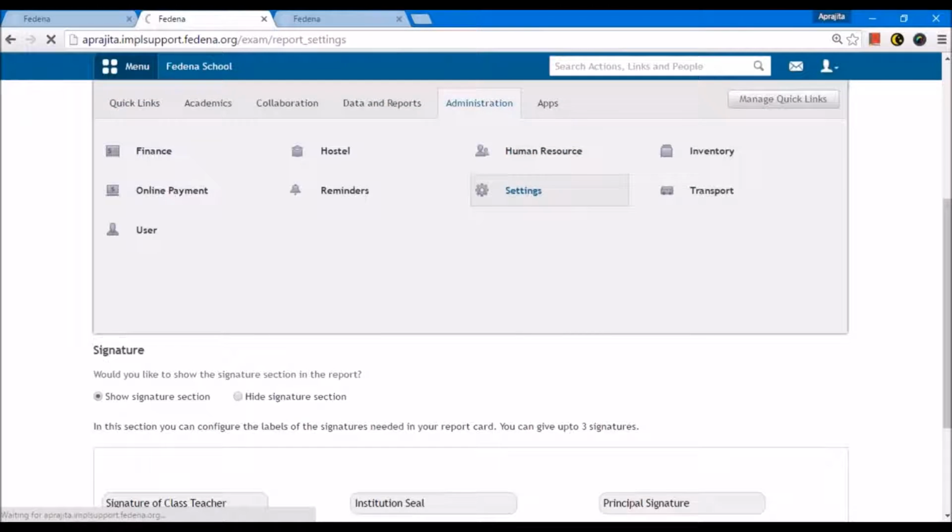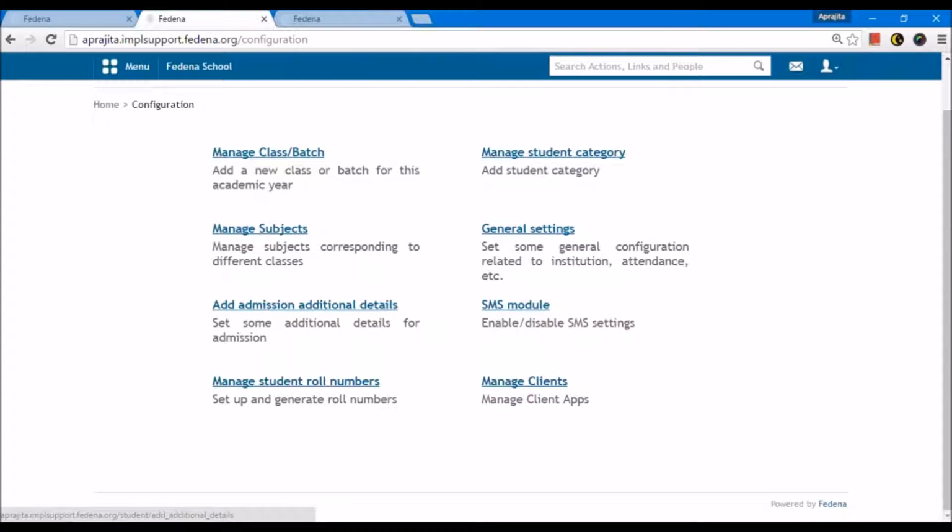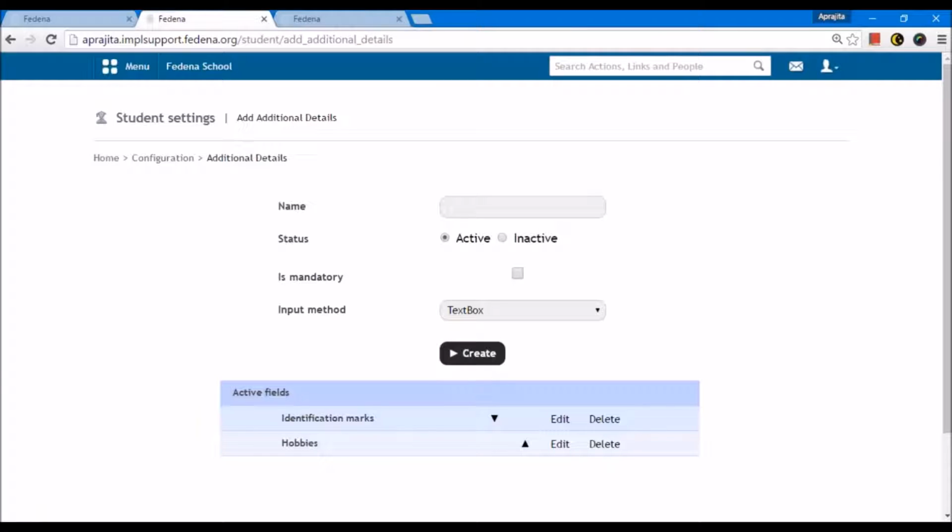When we go to settings, you will see there's an option add admission additional details. This setting must be done before you start admitting the students, because this is the additional information that you want to take from the student. So here we can create the information. For example, we can create allergies.